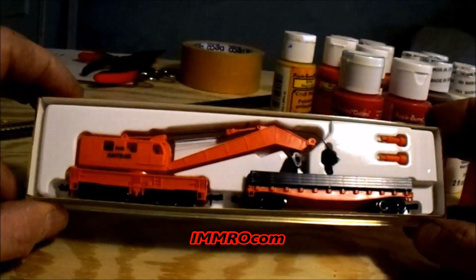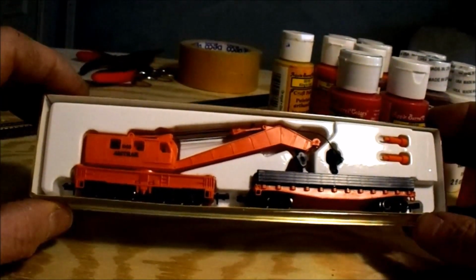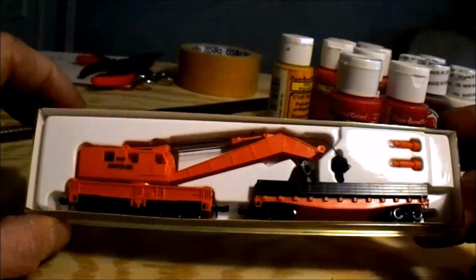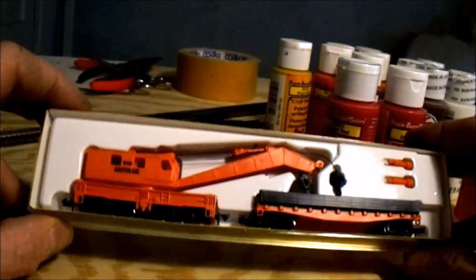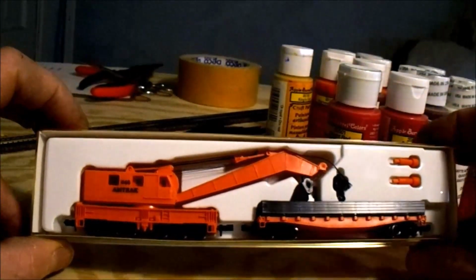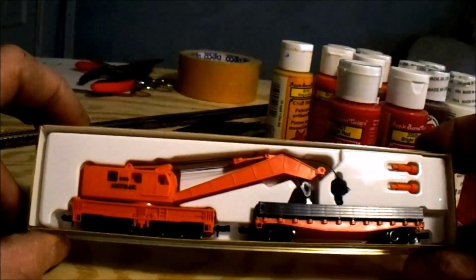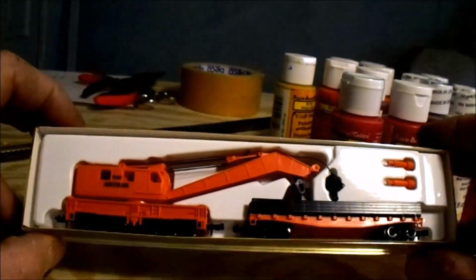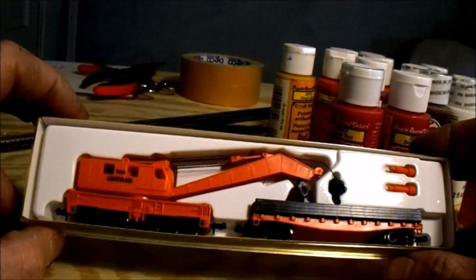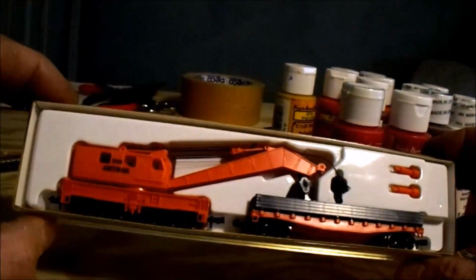And this is my intended victim. This is a Model Power crane and tender. I believe this is a Brown hoist model, but I'm not sure exactly. I've looked around and I don't really see any place where they mention a prototype. And I'm going to put this in Penn Central colors,